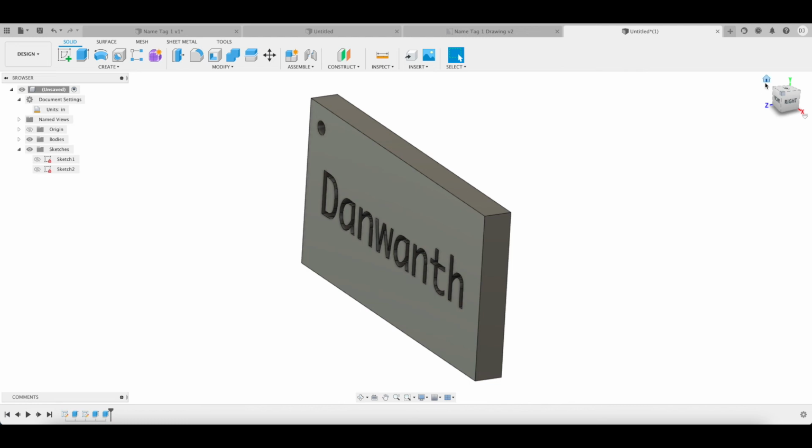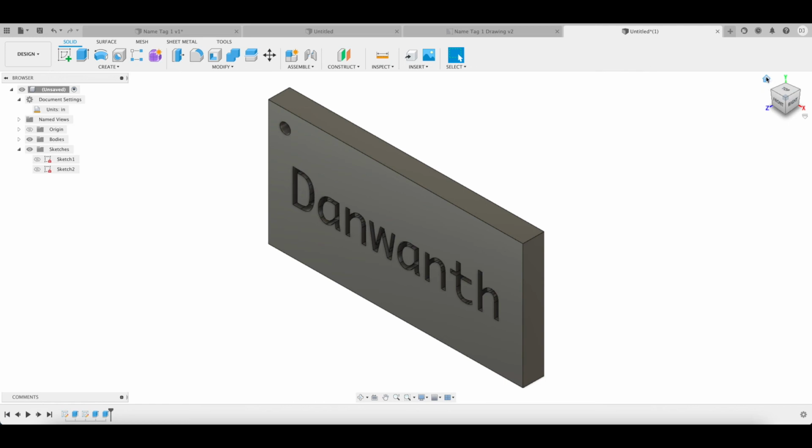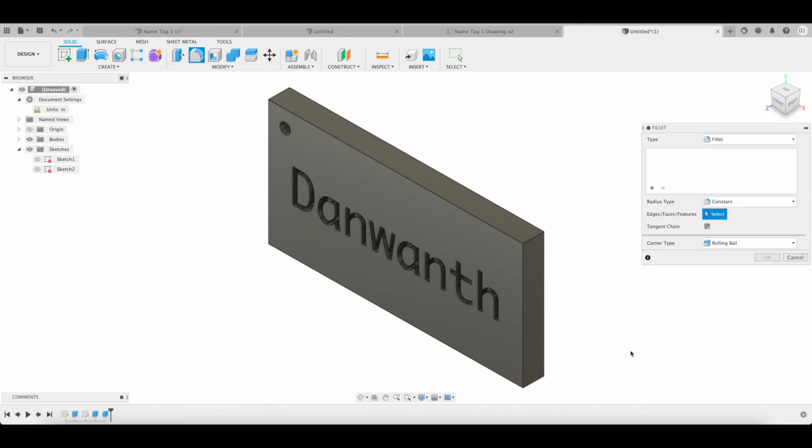All right, but we're not done just yet. We want to go back home, which is on the view cube. It's a literal home icon. You just click that to go back to your home view, is what this isometric view is called. All right, so we'll go in and we want to make this smooth because we don't want it sharp. It doesn't look great and it won't feel great either if we were to 3D print this. So let's go over and use this operation called fillet or fillet, whatever you want to call it. I call it either one, whatever just comes into my head. So we're going to use the fillet tool,